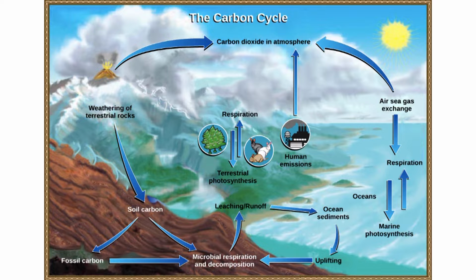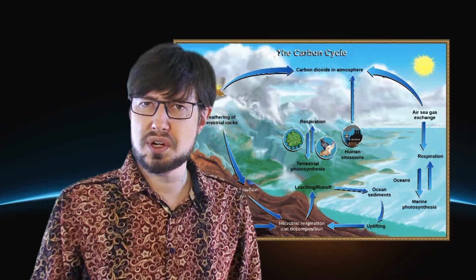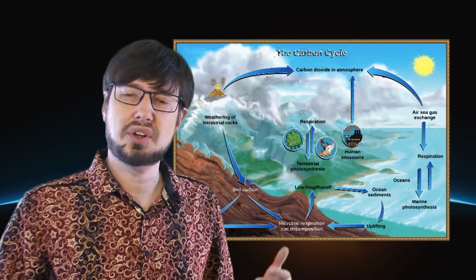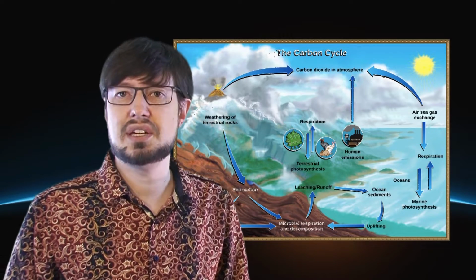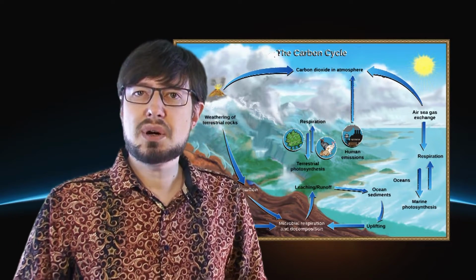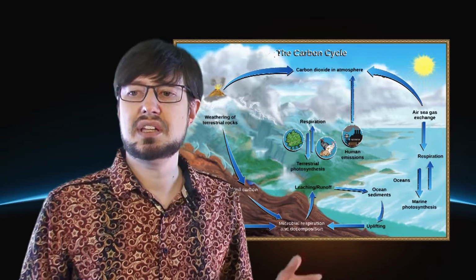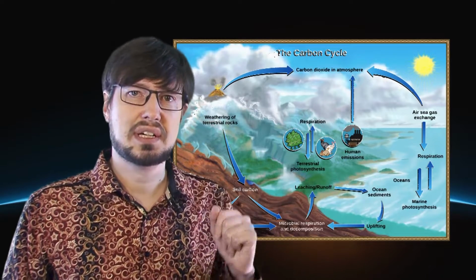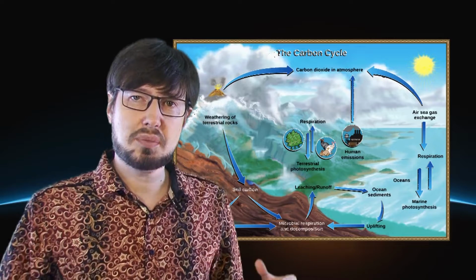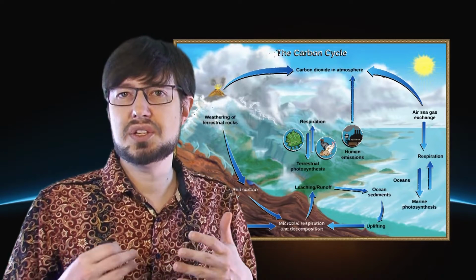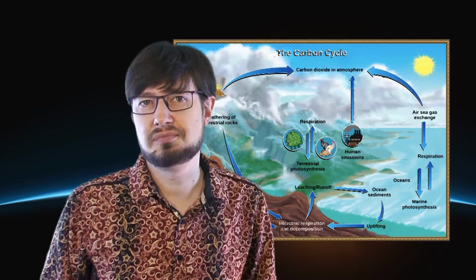We add to this problem by burning fossil fuels. And I also noticed recently that cement production, for some reason, is on the rise. So I guess we're destroying forests and paving a lot of areas, which is not a good idea. Speaking about forests, we are also actively engaged in deforestation. Trees trap a lot of carbon, and when we burn them, they release all of that into the atmosphere.